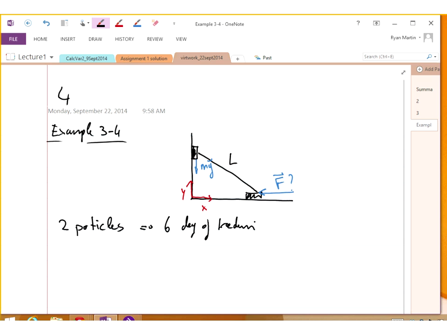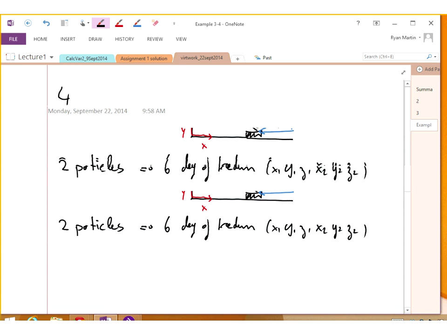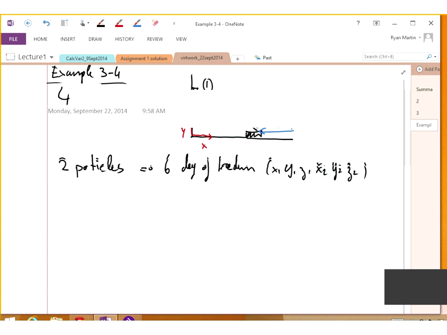And those holonomic constraints now are, first of all, the system is constrained to a plane. So the 6 degrees of freedom could be x1, y1, z1, x2, y2, z2. We'll call the top one particle 1 and the bottom one particle 2. So our holonomic constraints are that